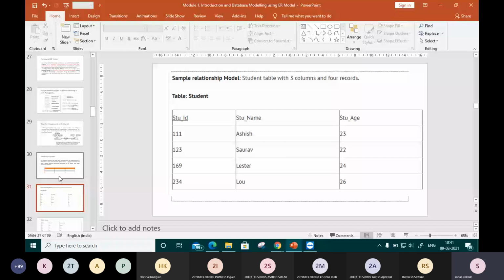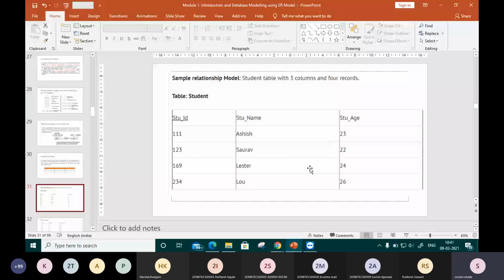In this diagram, we can say that student ID, student name and student age are called attributes, and 111, 123, 169, 234 with a particular name and a particular age are called a record. Now, how are we going to relate it?